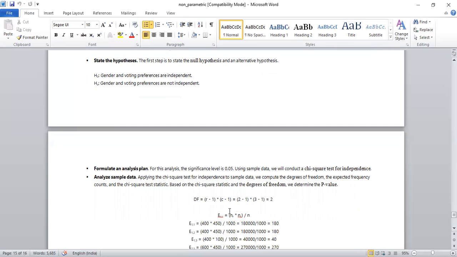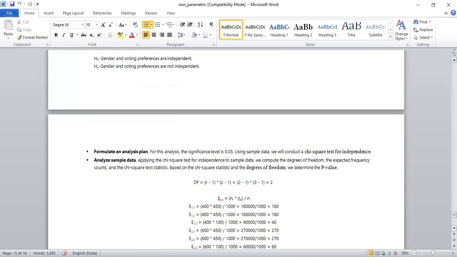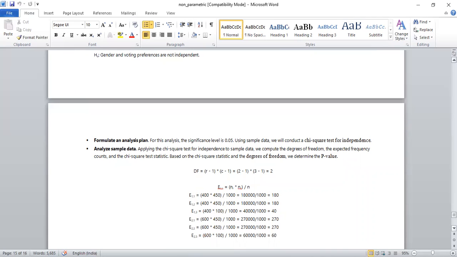So look at the degrees of freedom: (r-1) times (c-1). Your r, that is gender, has 2 levels, male and female, so 2 minus 1. And voting preference has 3 levels, Republican, Democrat, and Independent, so 3 minus 1. So (2 minus 1) times (3 minus 1) becomes 2. Now you have to compute the expected frequency